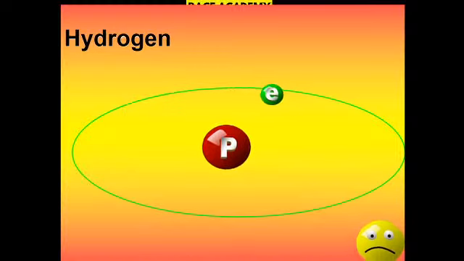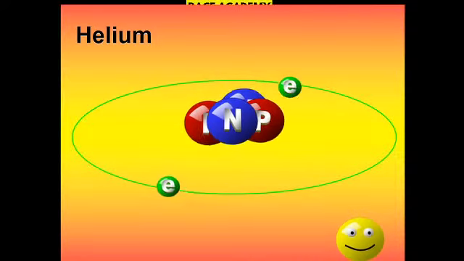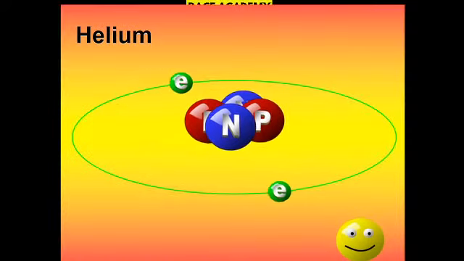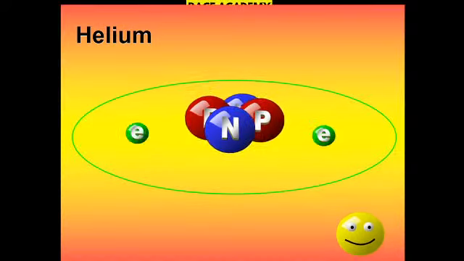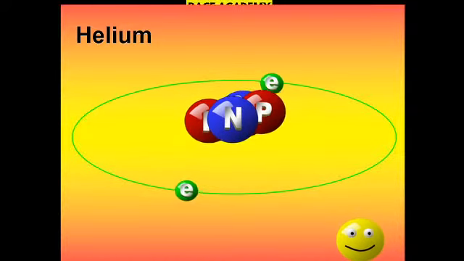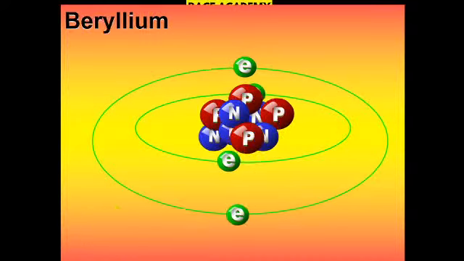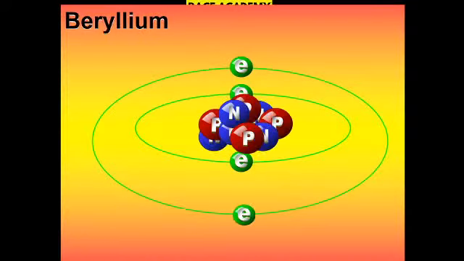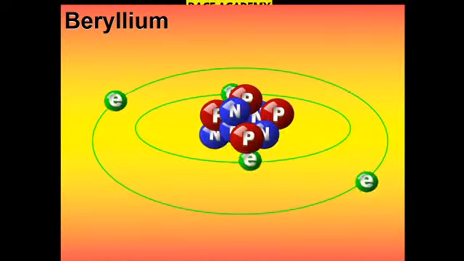Hydrogen, see how the electrons are revolving. If protons and neutrons are present in the nucleus, the electrons try to come closer to the nucleus, because protons are positively charged. If you see the lithium case, we have lithium with 3 electrons. In the case of beryllium, there are 4 electrons. See, they are stable,